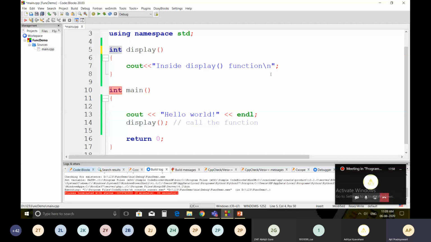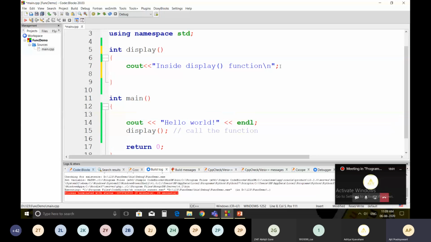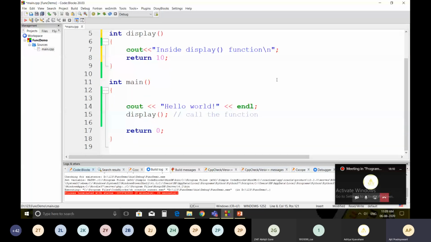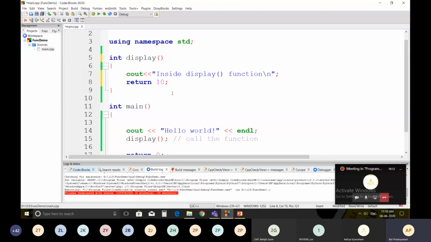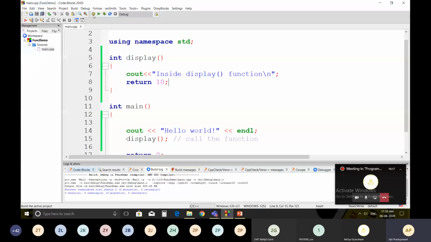And I'm going to mention the return statement, return 10. Now I'm going to save it and compile it. There are 0 errors and 0 warnings.